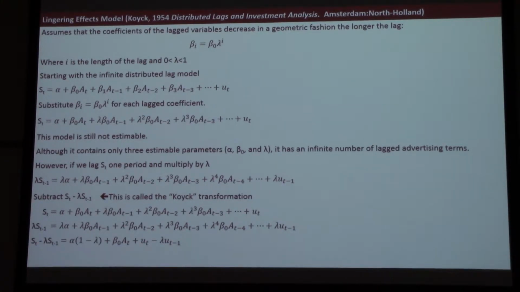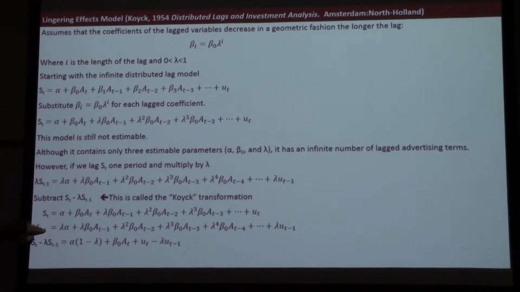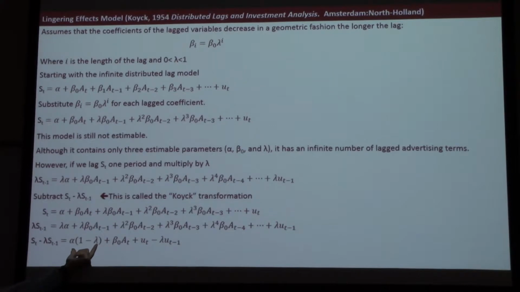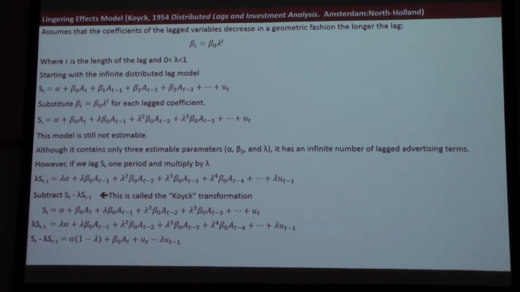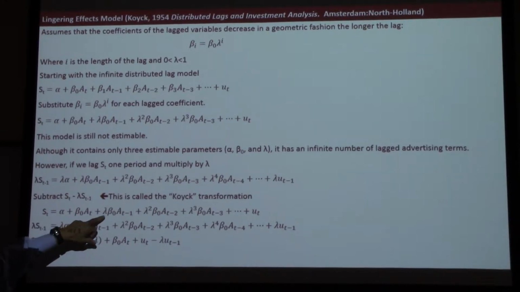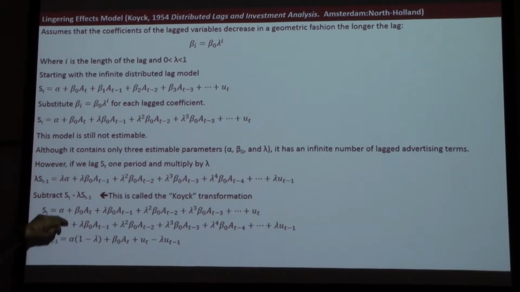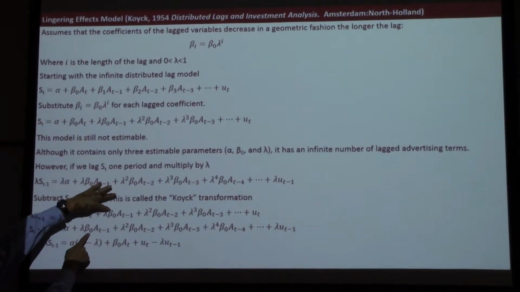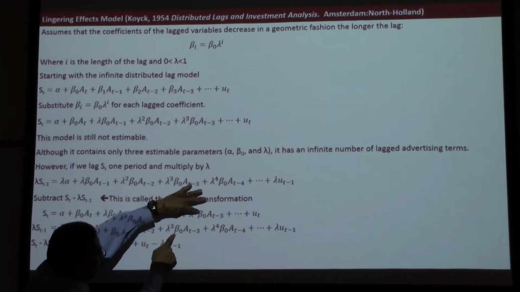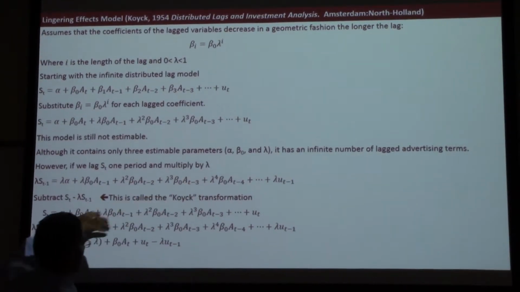And if you look closely, if you subtract these two things, you're going to get alpha minus lambda alpha, which we can treat as alpha times 1 minus lambda. And then everything else is going to cancel out. So what's going to cancel out? Here's lambda beta 0 A_t minus 1, lambda beta 0 A_t minus 1. So these cancel because we're subtracting. These cancel, these cancel. Everything else is going to cancel out